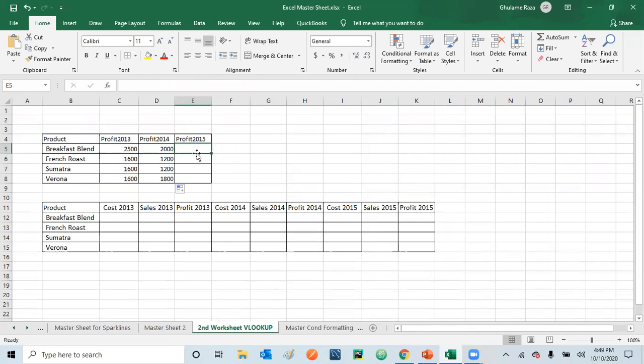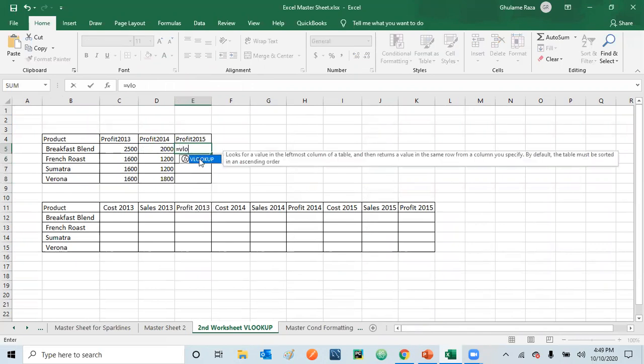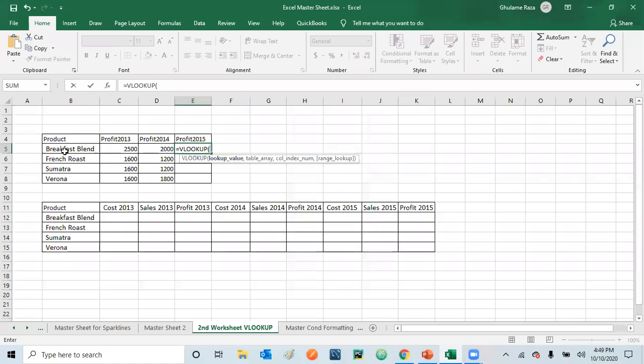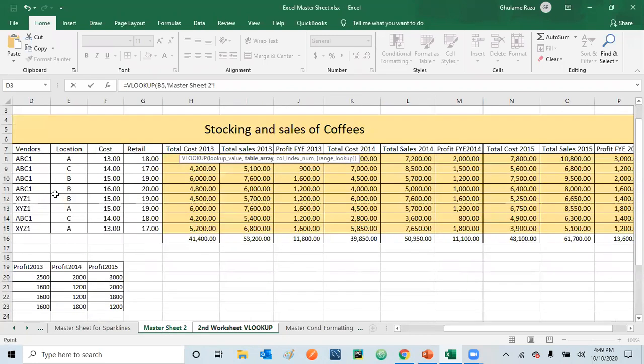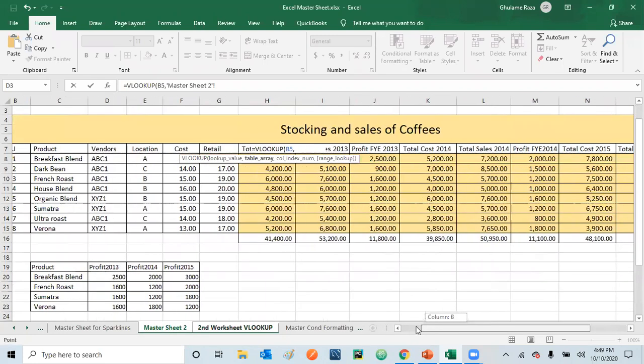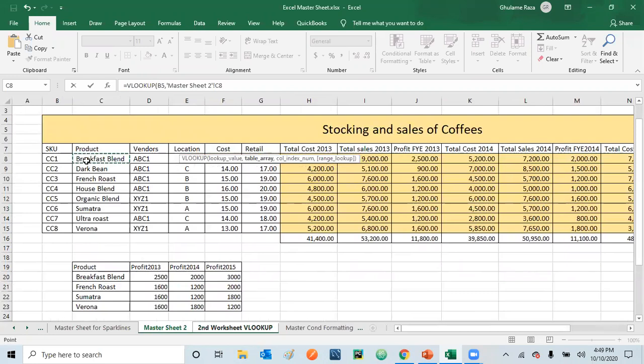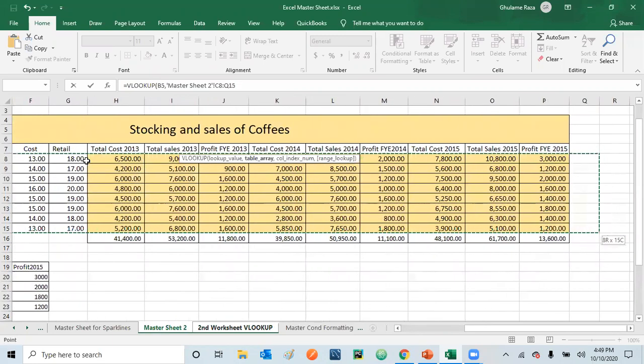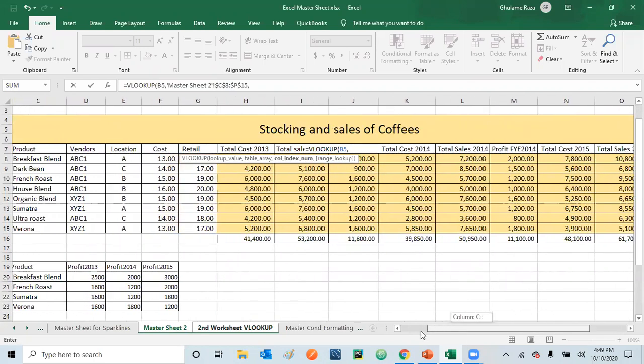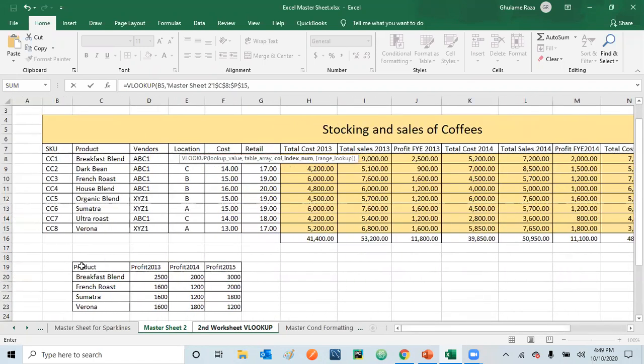The same way, equal VLOOKUP, and then lookup value is this one, so comma, and then table array. So we'll go back to the table again and select the entire table. Because we have started from the product name, we'll be starting from the product name again, and then go all the way towards right. Once you select it, press F4, and then comma, and then you need to select the numbers from product, because your heading here is product.